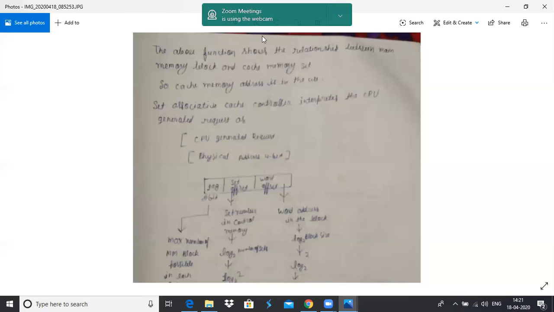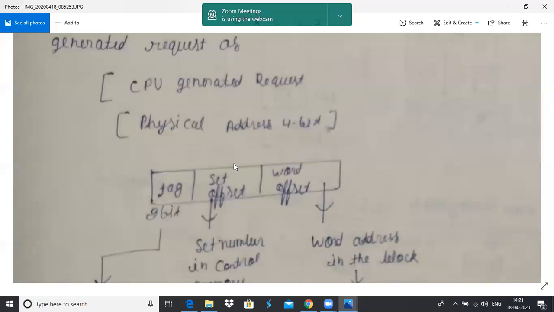The above function shows the relationship between main memory block and the cache memory set. The set associative cache controller interprets the CPU generated request in this format. The CPU generates the physical address. Here the physical address is 4 bits. It is represented in the following format. First is the tag, second is the set offset.